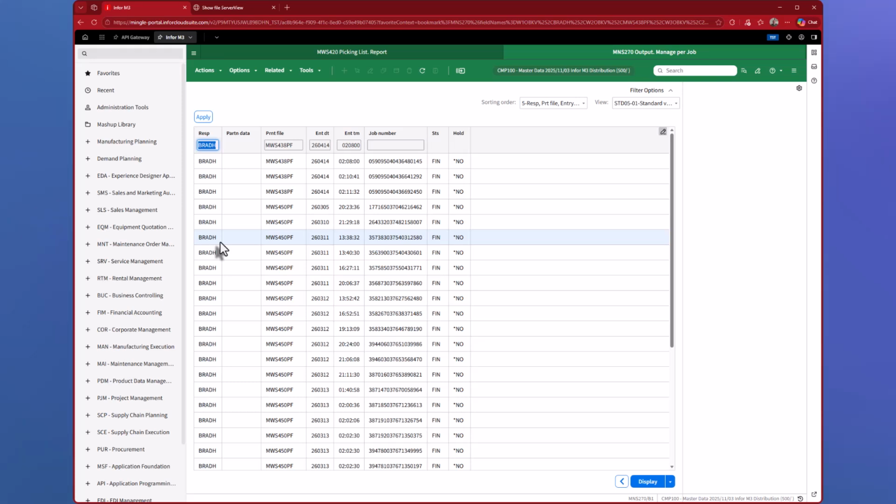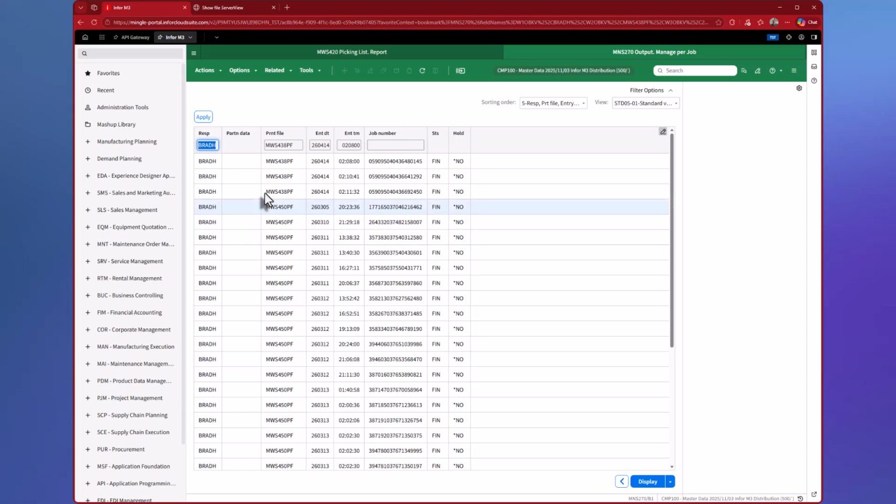Okay, so I guess technically this is a part two to the whole pick label stuff. But this time I want to start to talk about how I'm going to go about modifying the XML that is produced by the printer program. So in this case, since I'm going to be working with pick labels, my print file is that